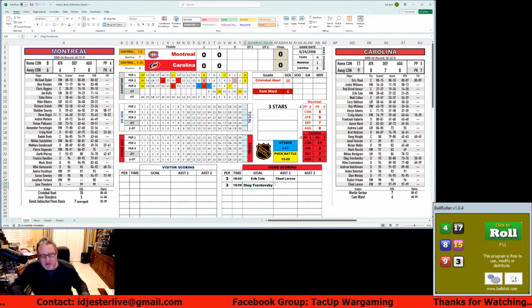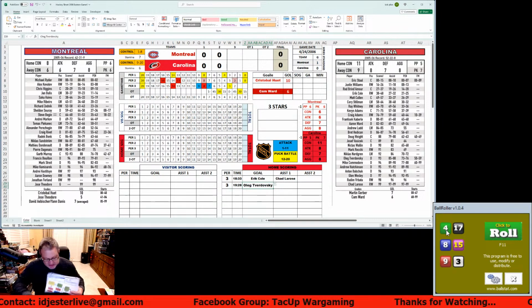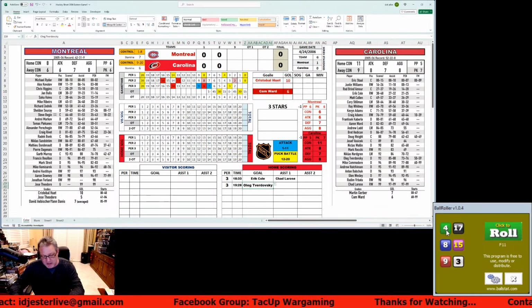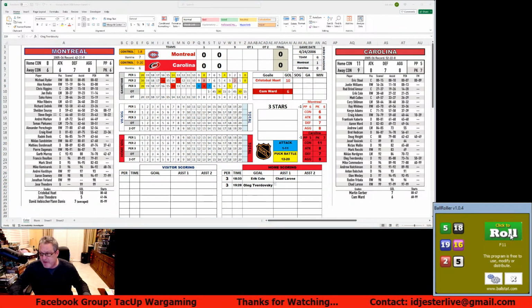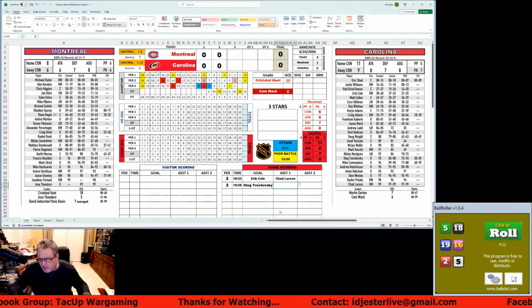And how many assists? 4 on the assists. Assists is a 4, which means it's a 20-sided dice. That's why I messed up the first one. It's 2 assists, random 2 assists. That's fine. And we'll roll random 2 assists, 25 on the assists. 25 is Eric Cole. Well, guess who's got player of the game? Eric Cole. And second assist,